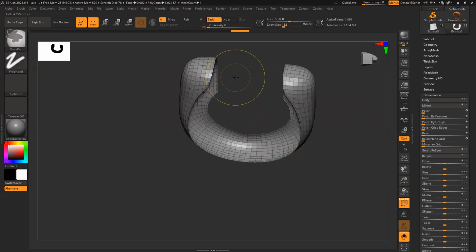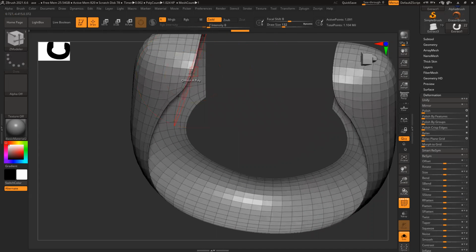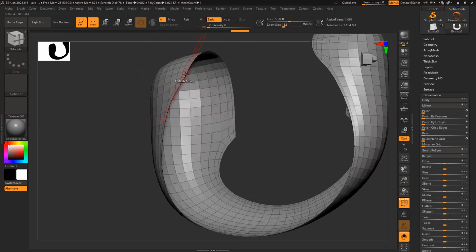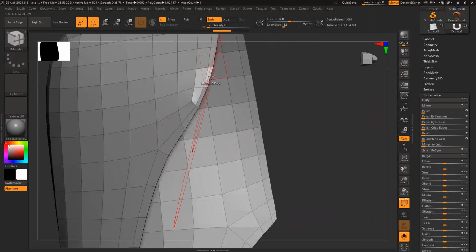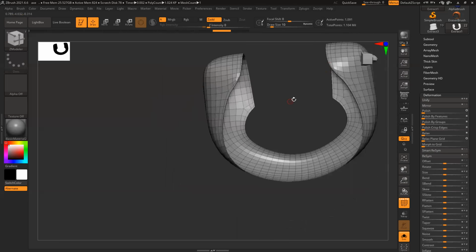It's reading this thing as a single model, I believe. Error.